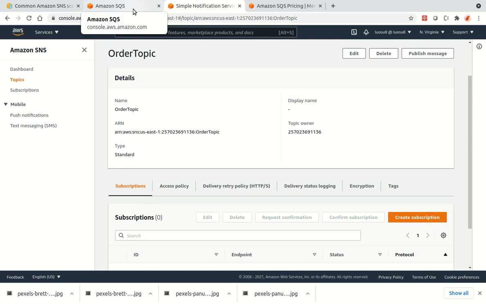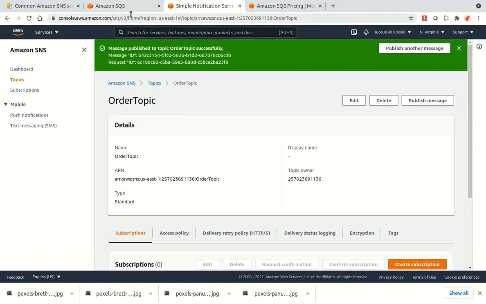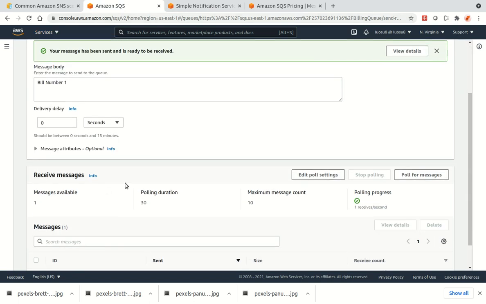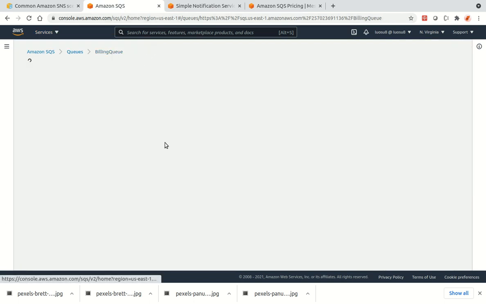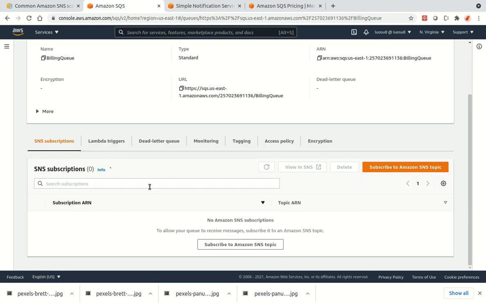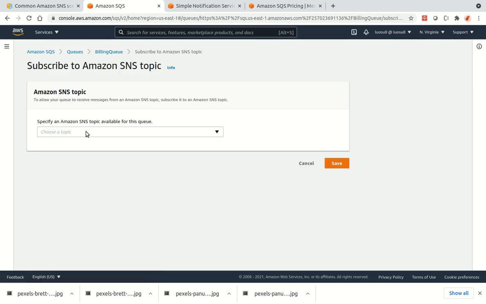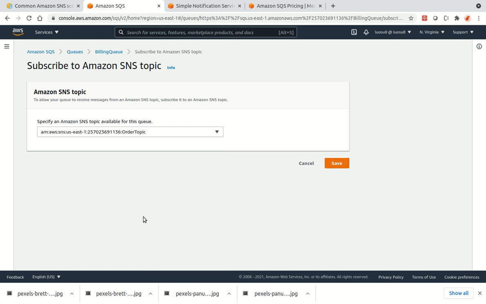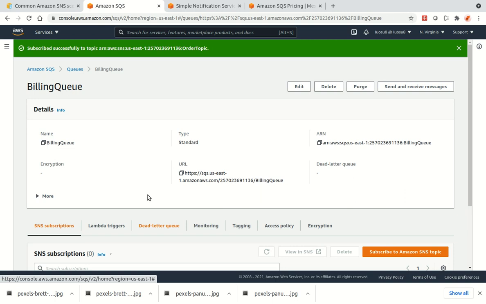Now, you can create subscriptions here from within SNS, or you can do it from SQS itself. In SQS, you can go to our billing queue, for example, and then we can look for SNS subscriptions. We can subscribe to an Amazon SNS topic in here, and then we'll say our order topic comes up, it's populated. So you click on that, and you click save. Now, that's created the order topic